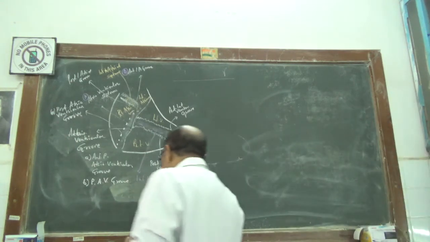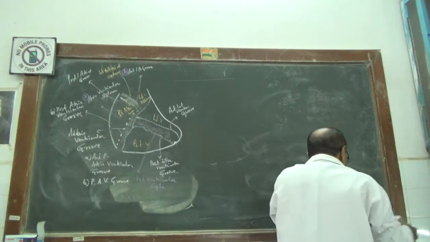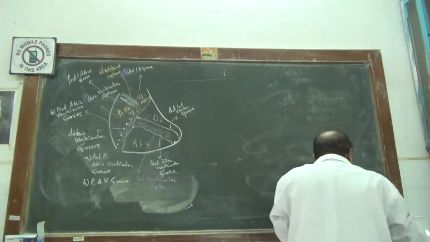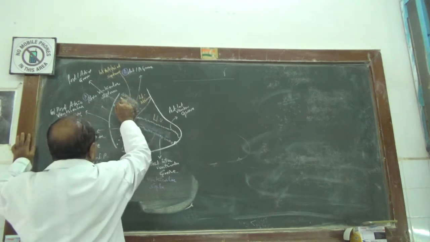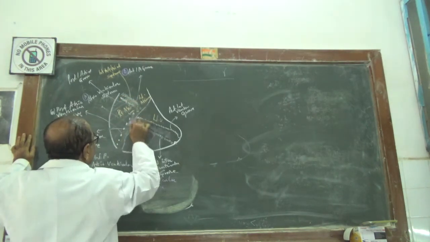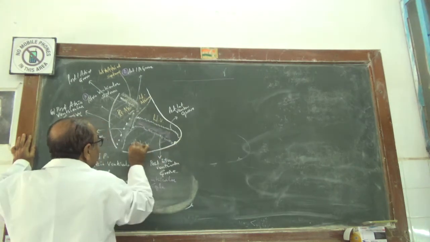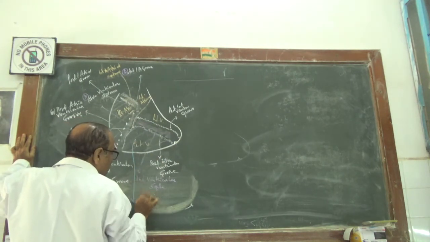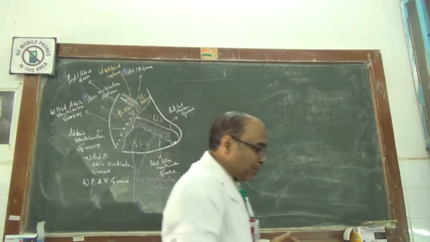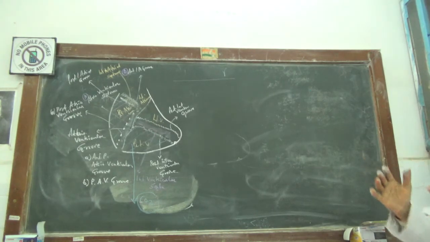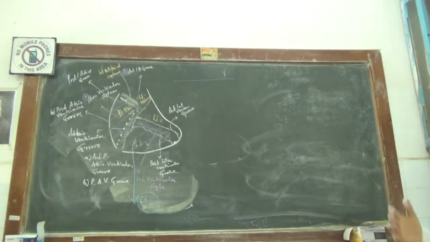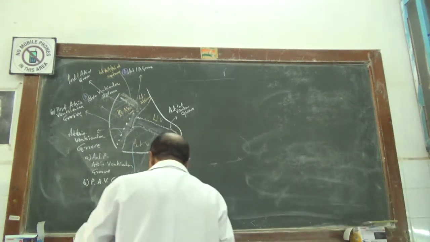So now, the right part of the heart, or the right chambers of the heart, is a venous collecting chamber, or the carbon dioxide collecting chamber. That is the right chambers above and below. So the right part of the heart is always collecting the deoxygenated blood, whereas the left part of the heart,